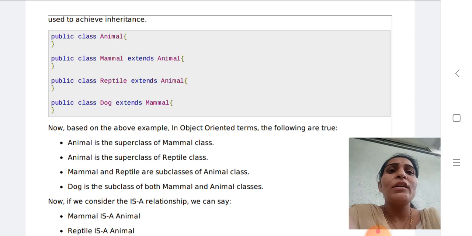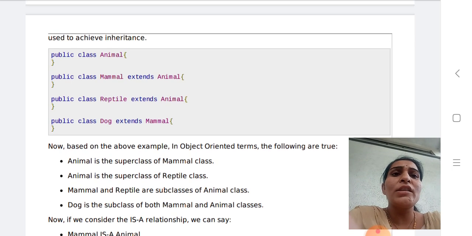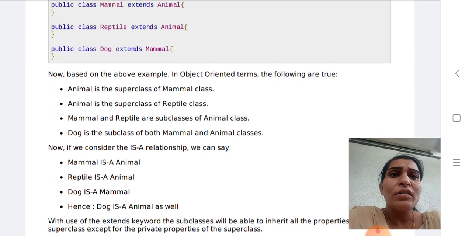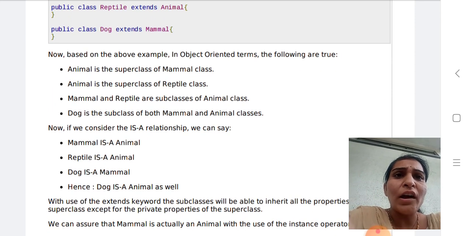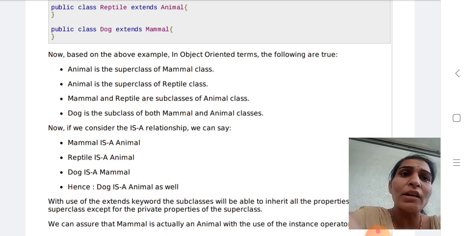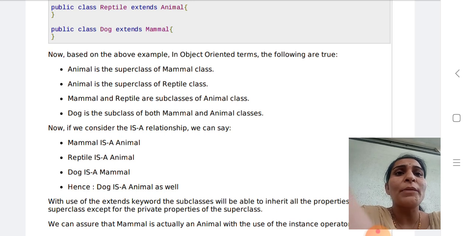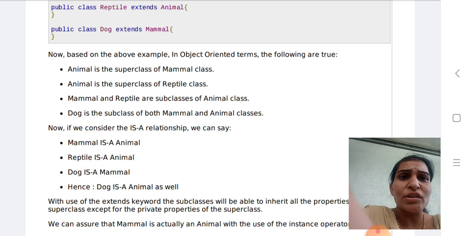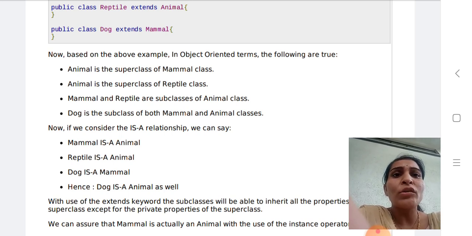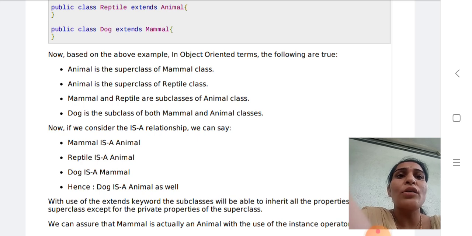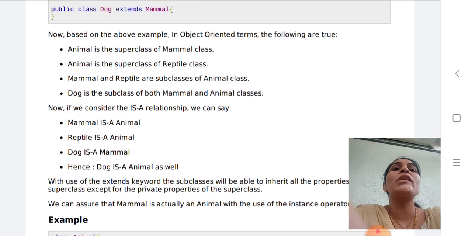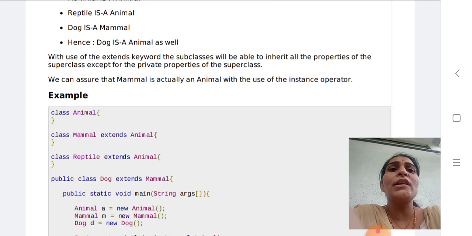In this case the following are true. Animal is the superclass of Mammal and of Reptile. Mammal and Reptile are subclasses of Animal. Dog is a subclass of both Mammal and Animal. So we can say Mammal is an Animal, Reptile is an Animal, Dog is a Mammal, hence Dog is an Animal as well. In this way we can use the IS-A relationship.